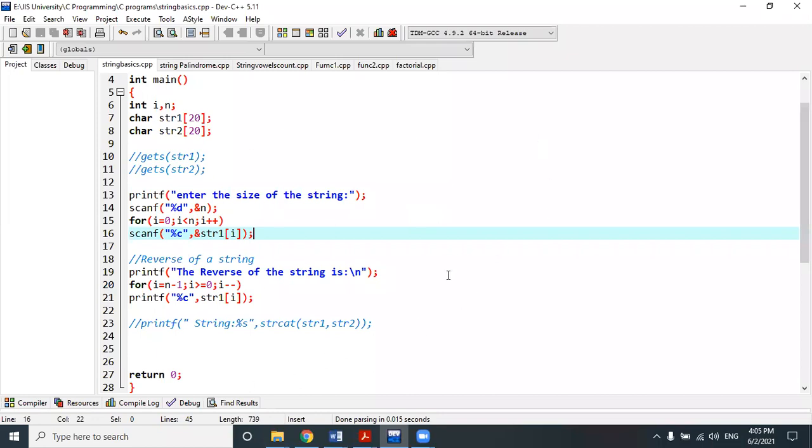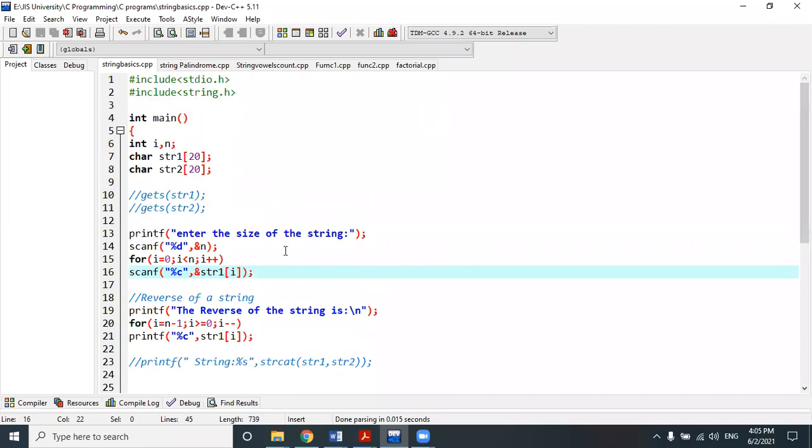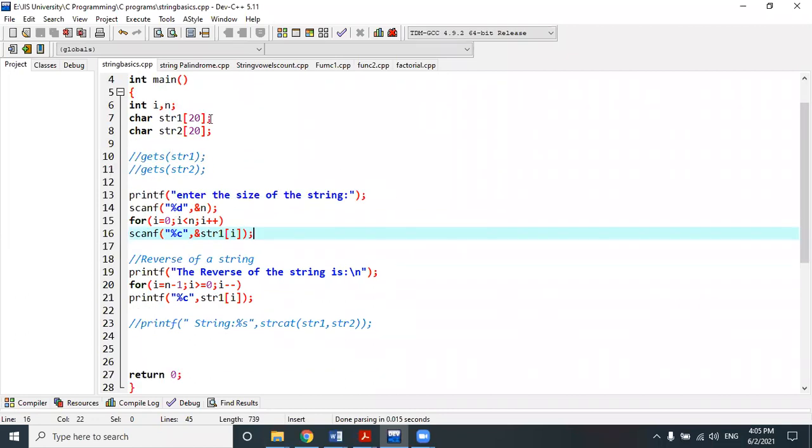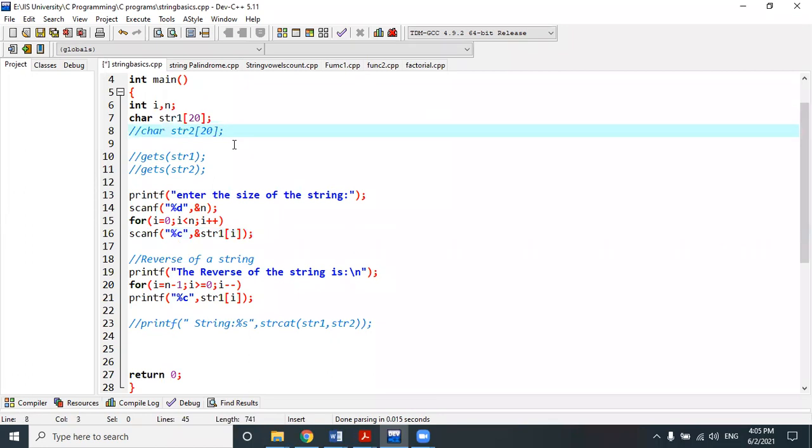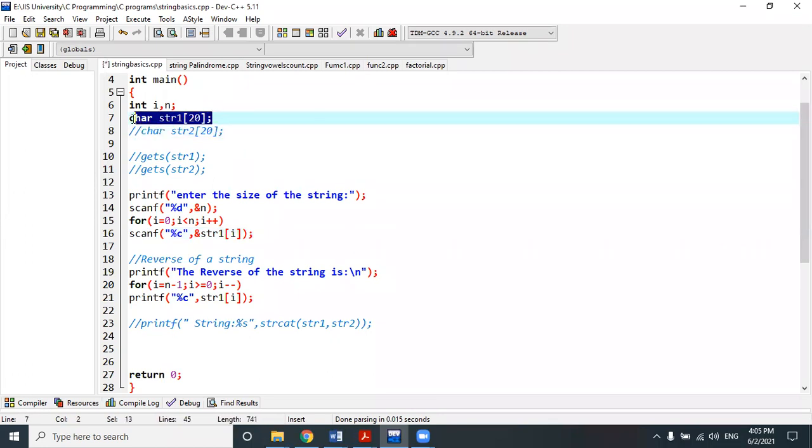Okay, we have already learned how we can reverse a number. The similar concept we will use here to do a reversal of a string. Very similar concept. So here, check out this program. I have declared one string str1. Here we will declare only one string. That second line you can consider as a command line. So I have declared one string, or in terms of character array, str1, whose maximum size is 20 bytes.